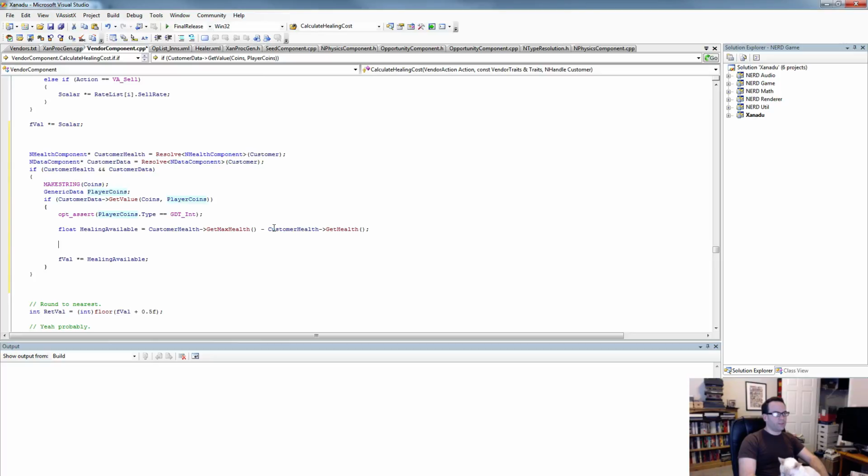Trying to think if there's an easier way to do this than iterating through every option. There should be. Trying to math on stream is nerve-wracking. Let's see. So I should be able to figure out what the maximum I can afford is, which would be... oh, right. So,